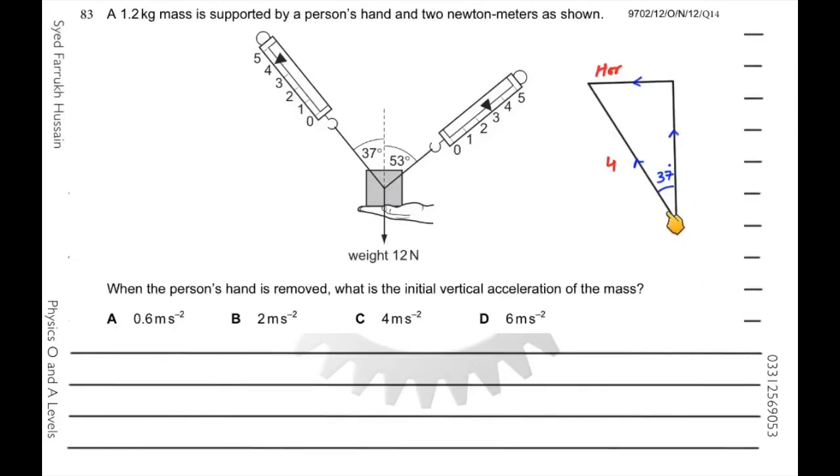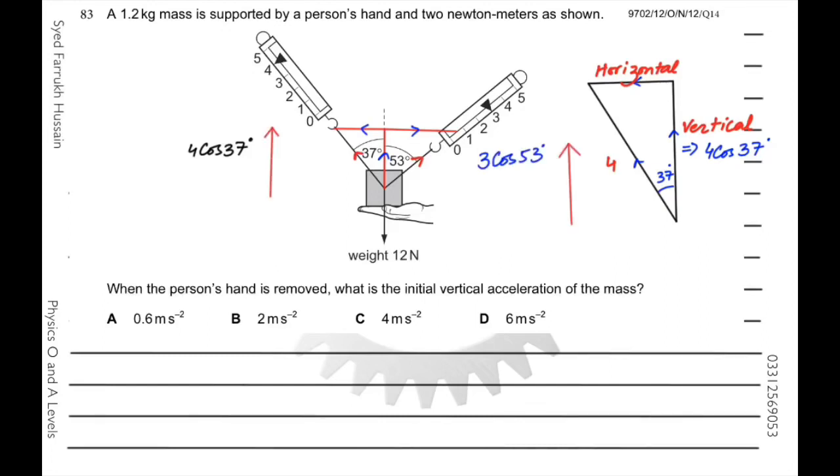So I have drawn the vector triangle for 4 Newton force. This force is horizontal, this force is vertical, so the vertical component of 4 Newton force is actually 4 cos 37. Similarly, if I solve for 3 Newton force acting at 53 degree with vertical, it will become 3 cos 53. So 4 cos 37 and 3 cos 53 are the two forces acting vertically upwards, which is 3.195 and 1.805. So these two forces, 3.195 Newton and 1.805 Newton, are acting vertically upwards, which means the